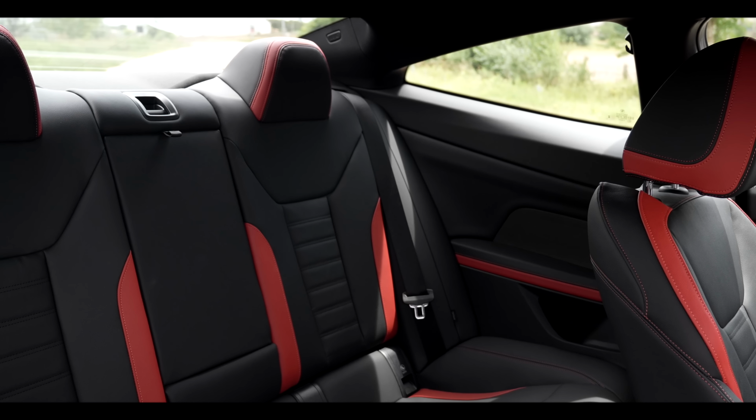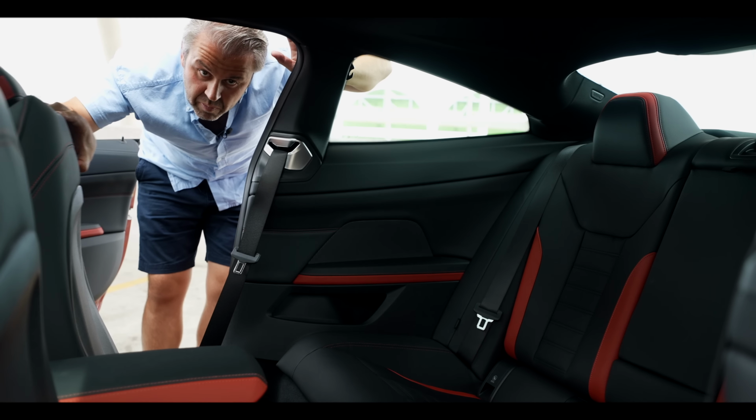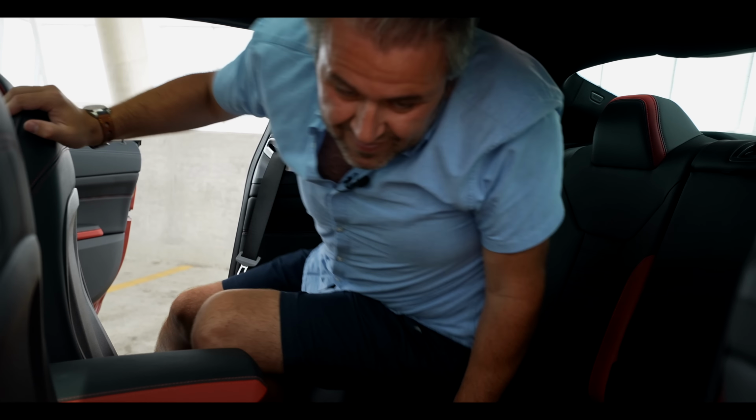This is the part of my job I don't like. I'm 6'2", so this is going to be fun. First of all, with the BMW, you have a lever at the top. You pull that, the seat moves forward automatically. And then,